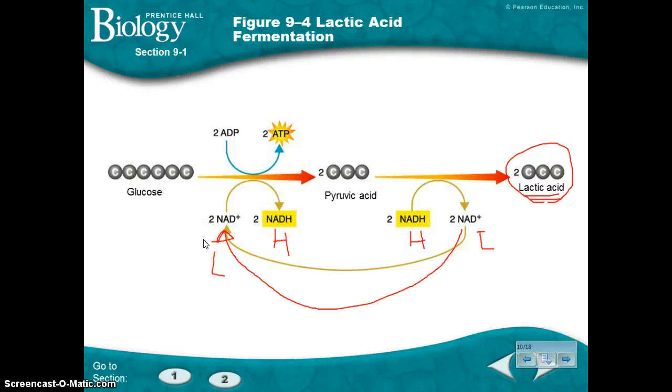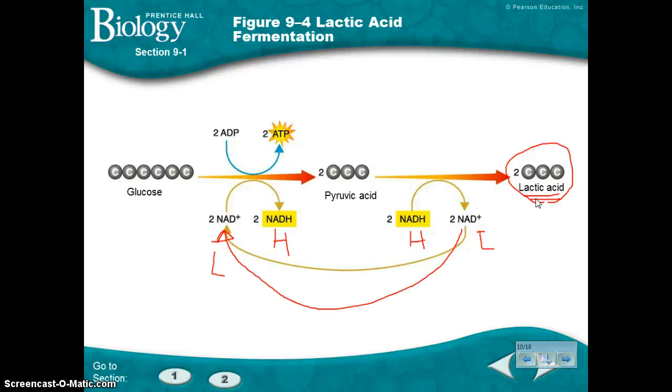The downside of this for the cell is the production of lactic acid. Lactic acid is the chemical that builds up in your muscles that causes them to burn if you do a lot of anaerobic, without oxygen, exercise. So if I'm going to have you sprint 2